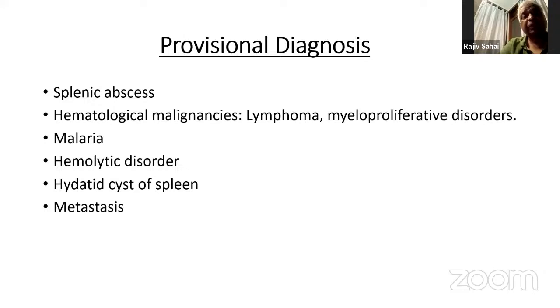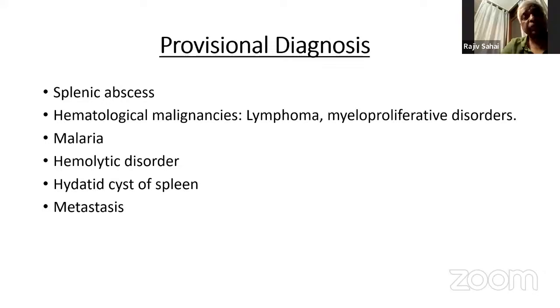Did you ask for her pets and all? No, sir, but she had a local farm in the hilly area, in the hills. So for hydatid, you should try to establish the cycle. It's not necessary that she may have exposure, but if she has exposure, it is added information, right? Okay, sir.